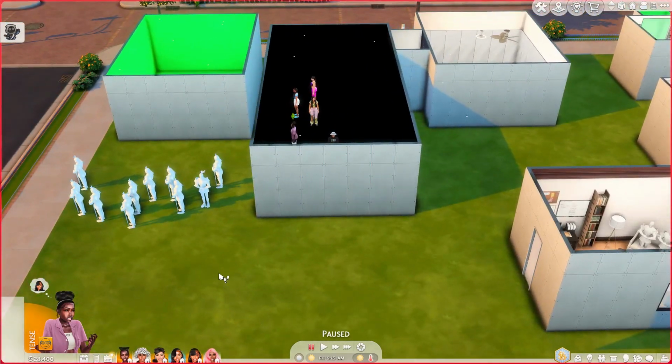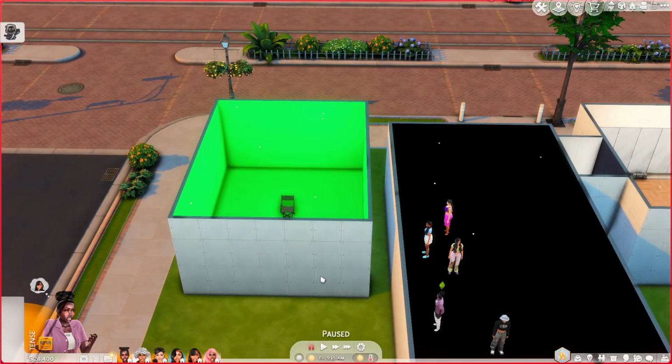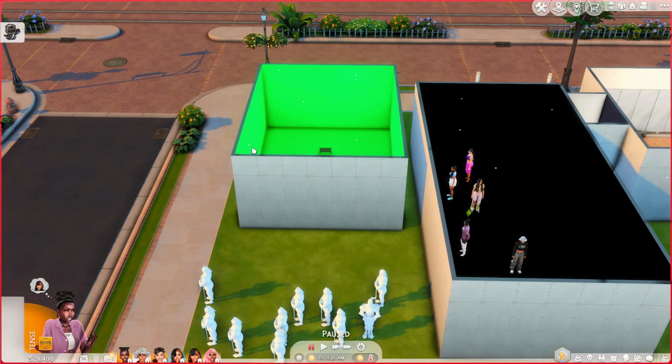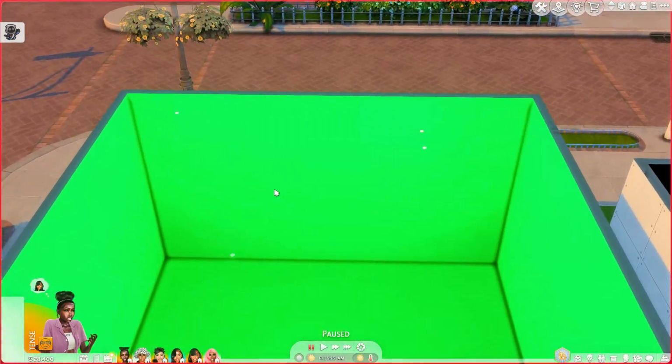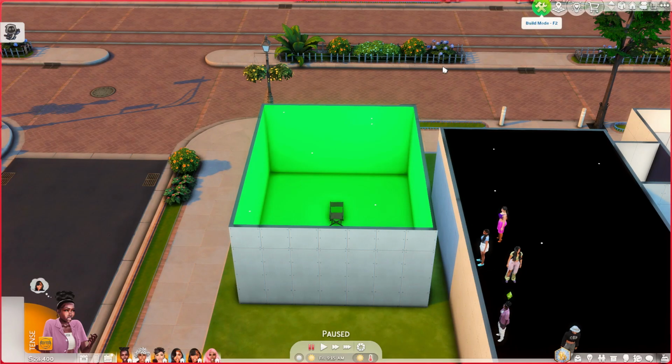Also, somebody asked me how do I do my confessions. So I'm going to go ahead and show you guys how I do that. So I do have a separate little build right here, and I make sure that the wall and the floor is green because once you go into edit mode, you can mask it out and put whatever background you want. So let me go ahead and go into build so I can show you guys